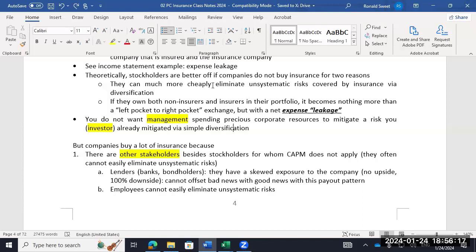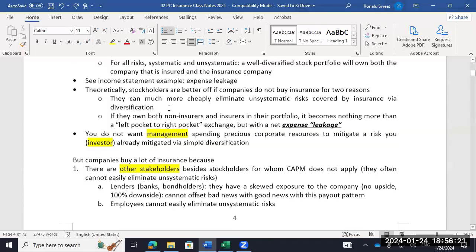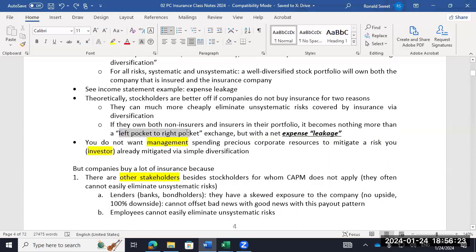I'm trying to understand your expense leakage and I'm trying to figure out. Well, the key is to start with the left pocket, right pocket. So your portfolio can't come out ahead by them paying a premium and then getting a loss, because the premium is an expense for one and a revenue for the other. And the loss is an expense when they pay the claim; it's a benefit to one, but a cost to the other. Those two wash. What's not a wash is the fact that they're having to hire people to manage this business for Home Depot.